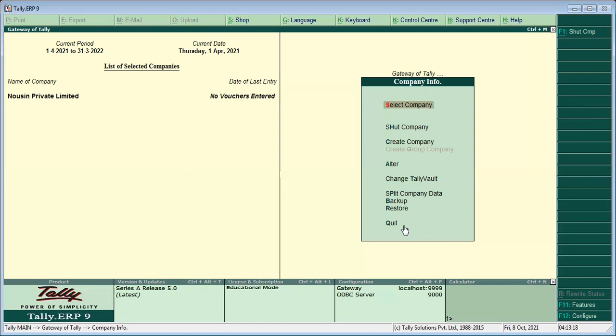So by clicking Alt+F3, we are able to create companies. For example, here Alt+C. Here C is highlighted. Use the keyboard; it is better than using the mouse.